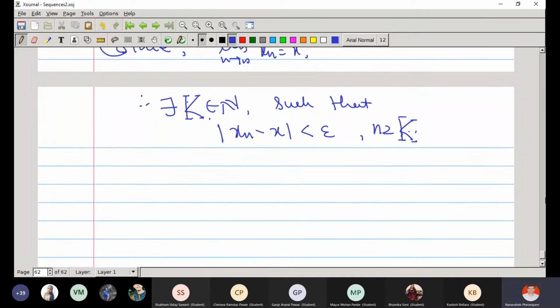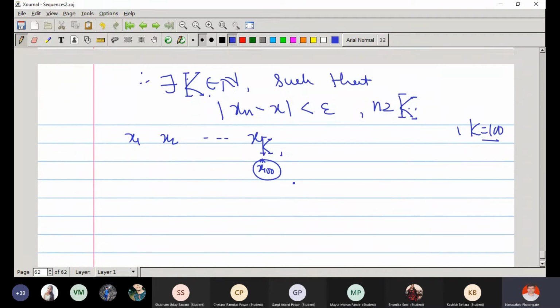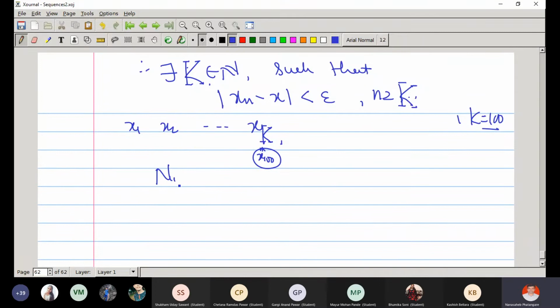Fine. That means what is the situation? x1, x2, and here x suffix K, the particular one. Suppose my K is 100, then from 100 onward, this is the 100th term. If my K was, for example, 100, then from 100 onward, all terms satisfy this, right? Now, note that if small k is, okay, note that what is the relation between,